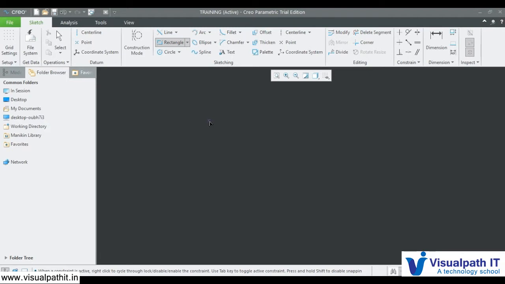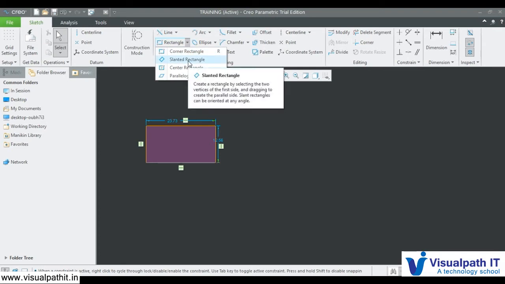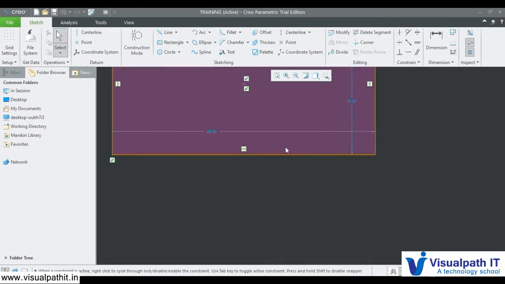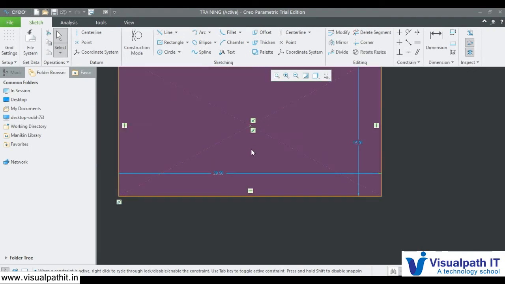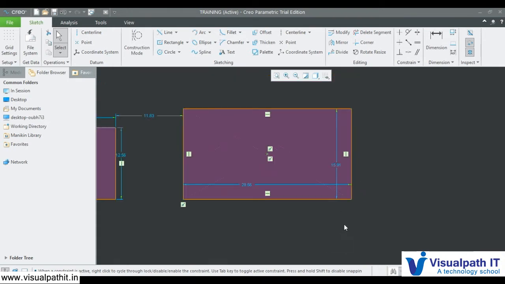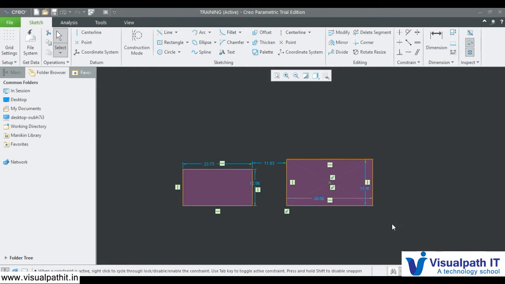And rectangle, we can create a rectangle in different ways. First is a corner rectangle. It is just a basic rectangle which we create by selecting two diagonally opposite corners. Or we can also create a rectangle if we have a circle. Let's say I selected the circle and I want to create accordingly. So first I mention a circle and drag one corner, and I will select my rectangle based on my length and width.